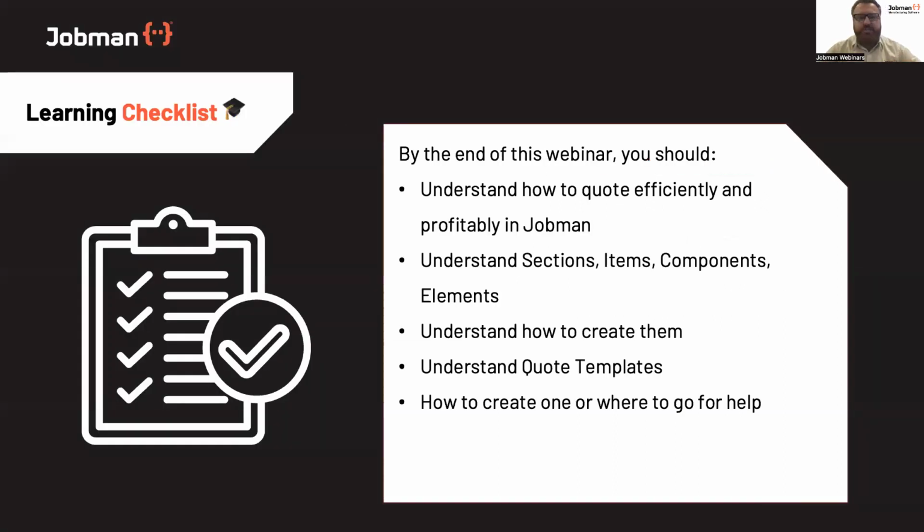So really by the end of this, I hope that you'll have a good understanding of the quote efficiencies using things like products and presets. Those are two big fast wins to help companies get quoting quickly. Understanding the difference in the quote between the sections, the items, the components, the elements. Obviously being a very powerful quoting system, it's not just as simplified as just typing in a line item, although you can do that. We have it broken down specifically to give you the maximum amount of control inside your quoting. Obviously then how to create each of those areas so that you can utilize them best for your fast quoting. And then quote templates and where to go for help if you need to help build some professional ones for your business.